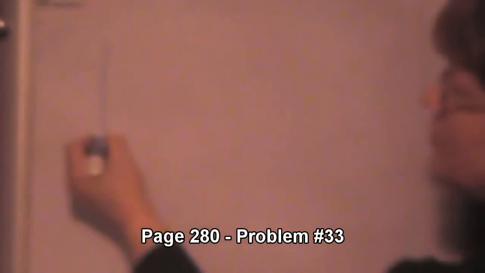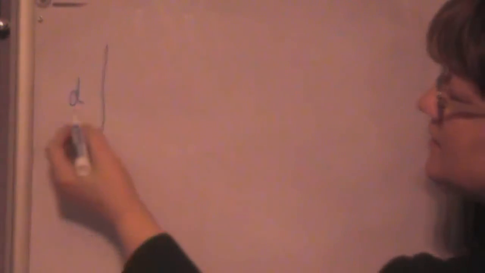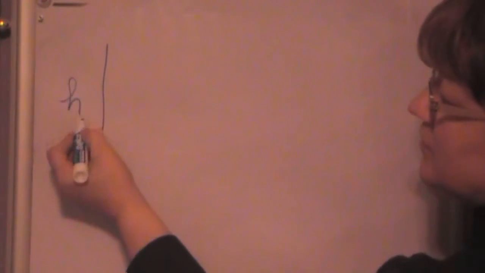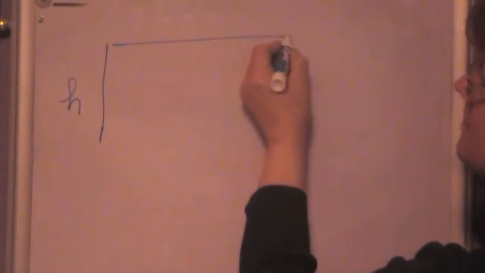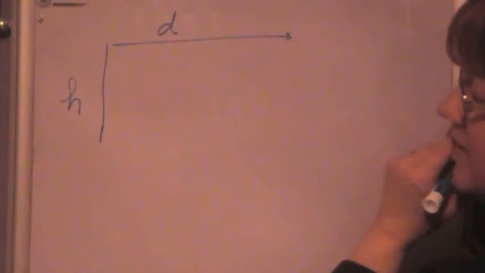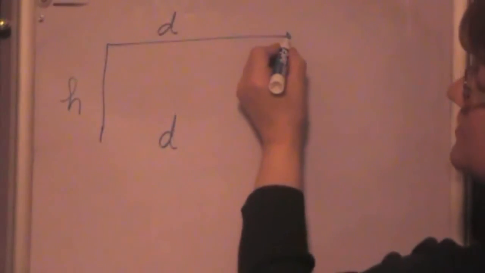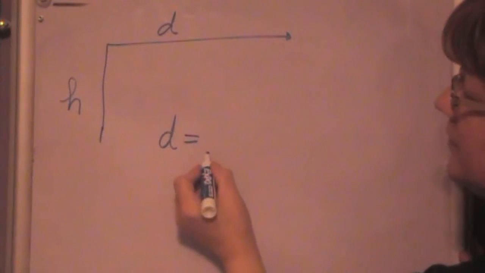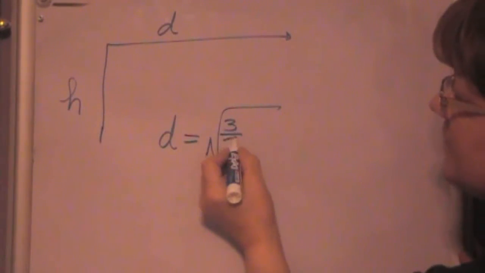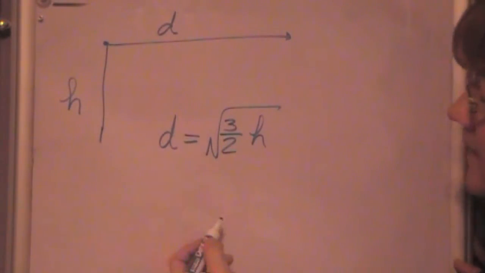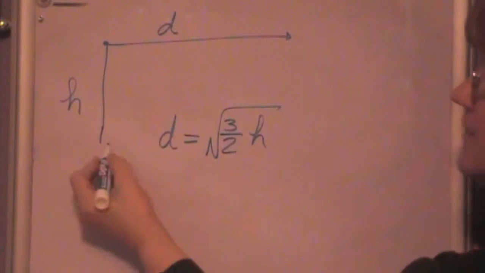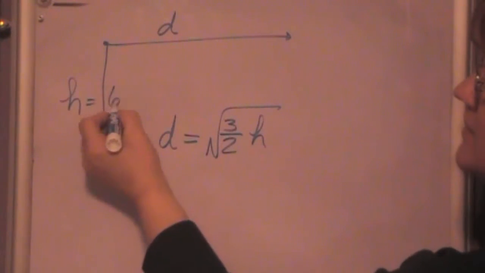Okay, this problem is a word problem that says that the distance to the horizon that you can see from a tall point, which has an altitude, or an h, is given by this formula. The distance that you can see to the horizon is equal to the square root of 3/2 of the height that you are looking from. Now, they've asked you to find from this building in Chicago that has a height of